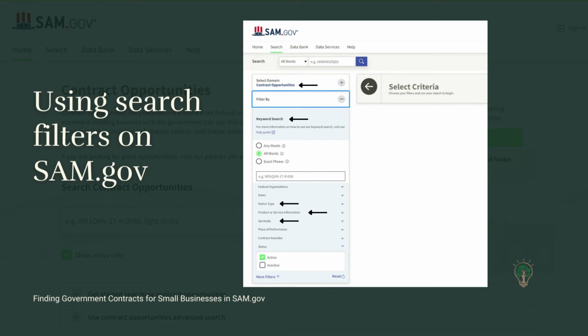The last filter that I would like to highlight is the keyword filter, and that one's used to search for opportunities that have specific keywords or phrases. You can use that specifically if you have a contract in mind that you